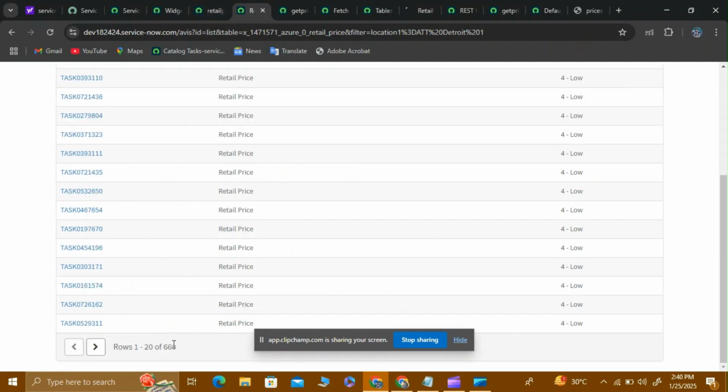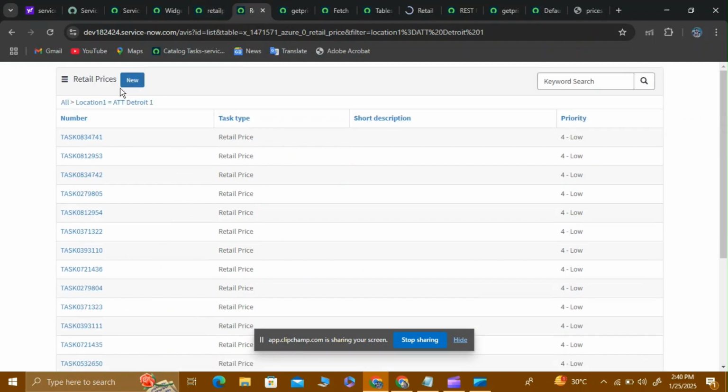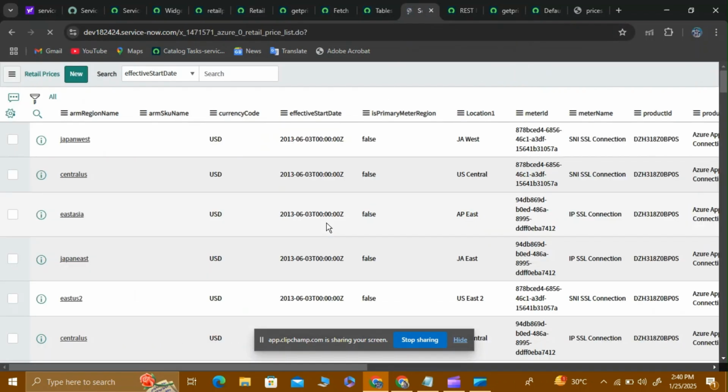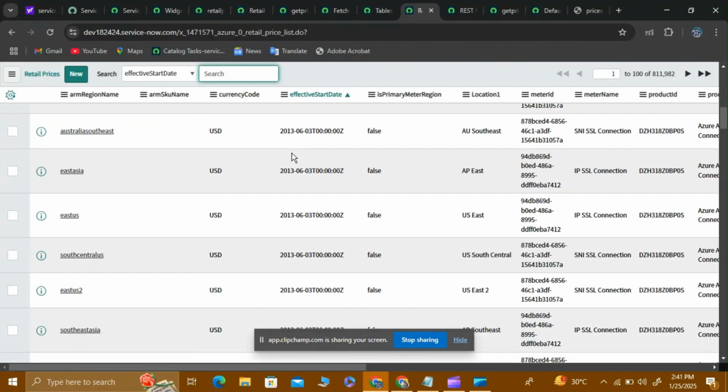You are seeing there are 660 records with this location. Like that, we can apply the filter. Let me show you the records we have fetched. If you see,